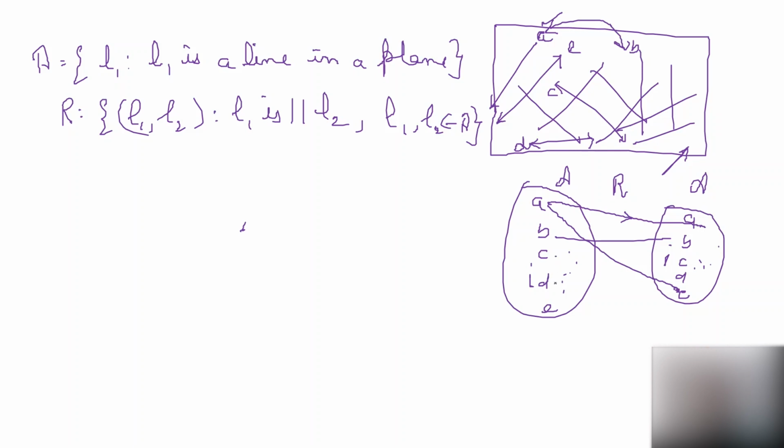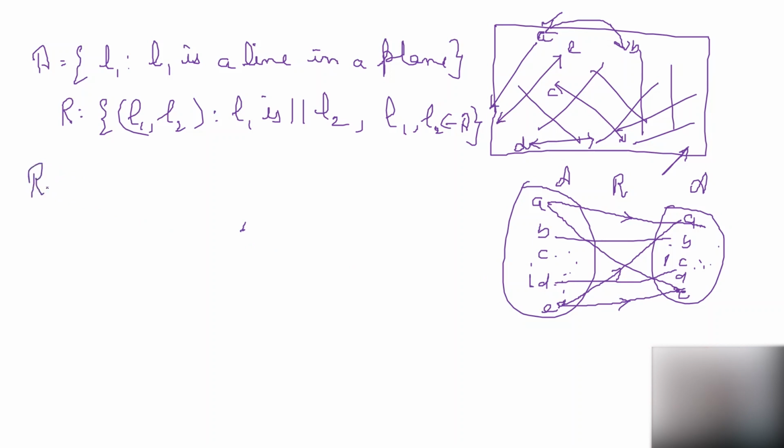Now D. Is D parallel to A? No. D is parallel to B? No. Parallel to C? No. Parallel to D itself? Yes. And D is parallel to E? No. Now E. Is E parallel to A? Yes. A is parallel to E. E is parallel to A. Is E parallel to B? No. Parallel to C? No. Parallel to D? No. Parallel to E? Yes, itself. Let's try to understand this with the help of a ray diagram.